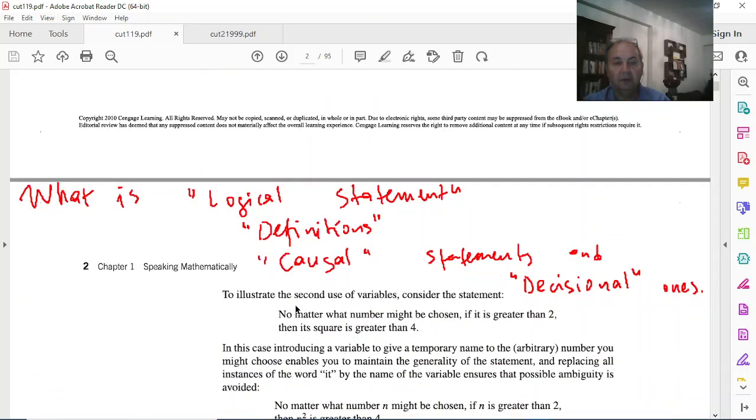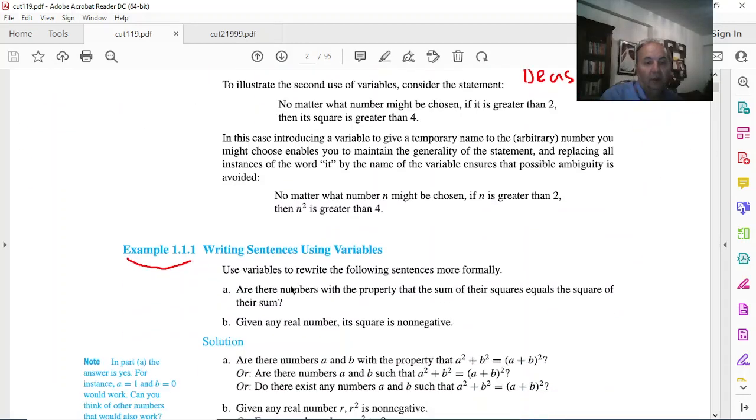Then, while we are using the variables, we can introduce some statements. These statements could be definitions, causal statements, decisional ones, or logical statements, depending on the structure of the statement. Okay,